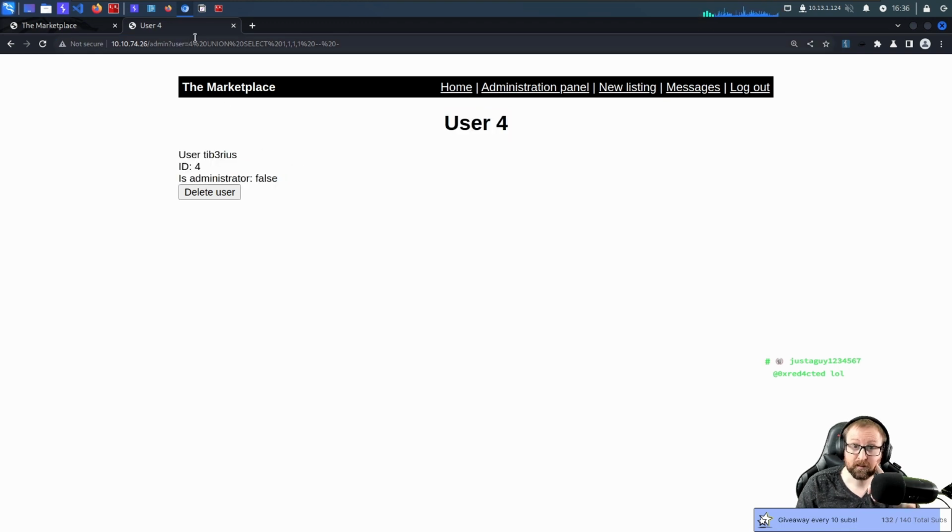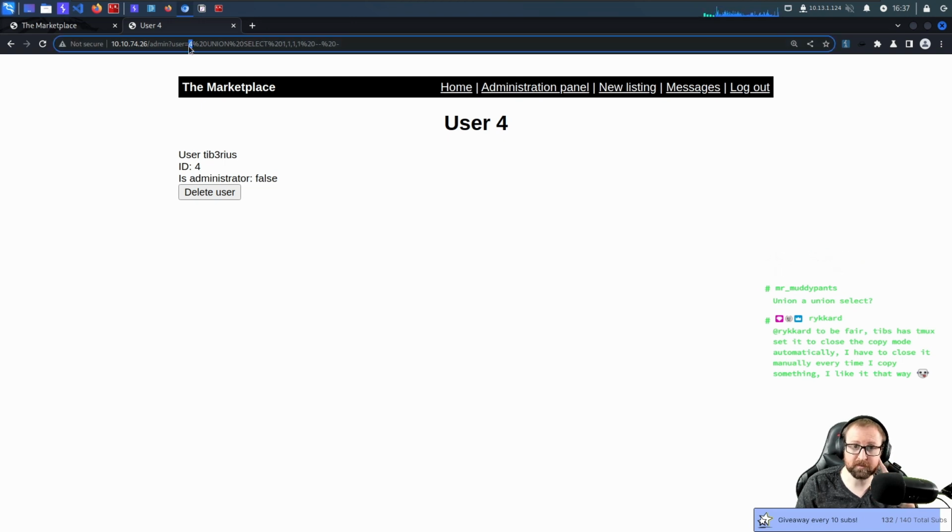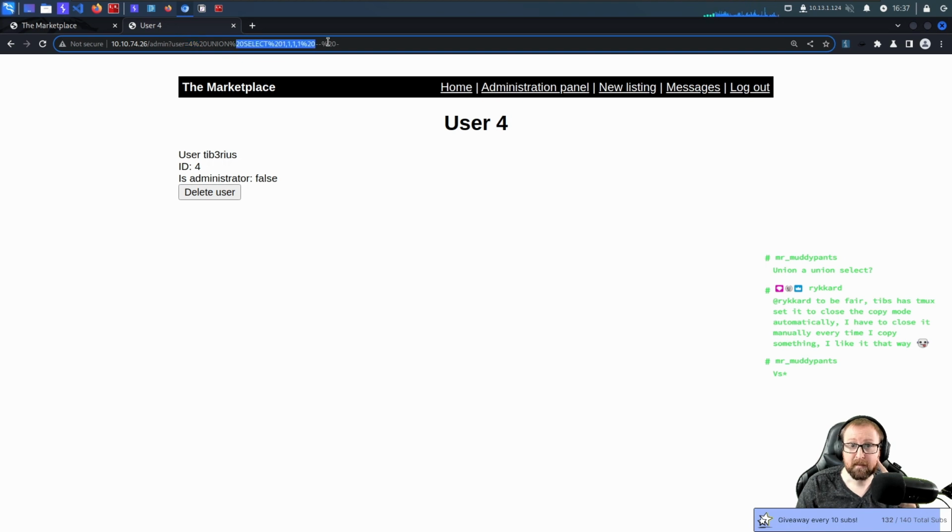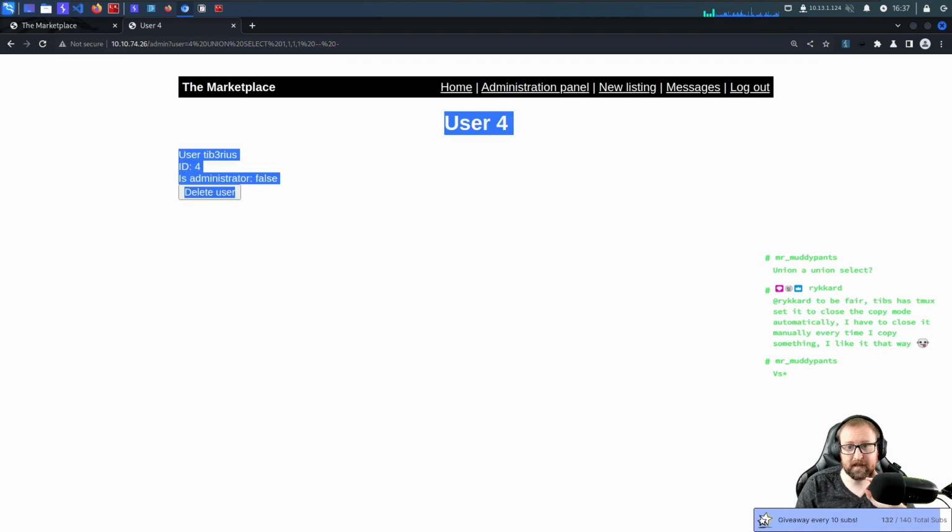The problem is what a union does is it executes the first query and then it combines the results of that query with the second one. So in this case, there's only one user in the database with the UID of 4. So the first half of this query is going to return 1 row. This is only going to return 1 row, but it's going to be the second row of the overall table. And this user page is only expecting 1 row. So it's only going to display 1 row.